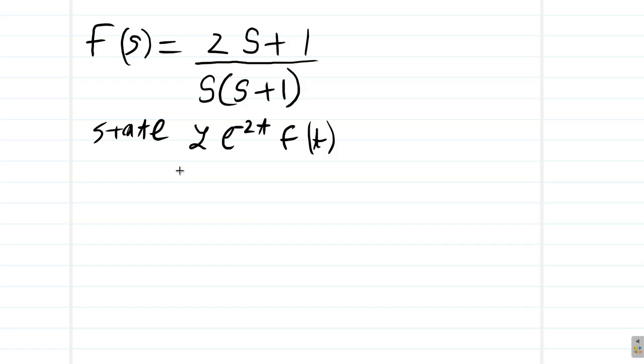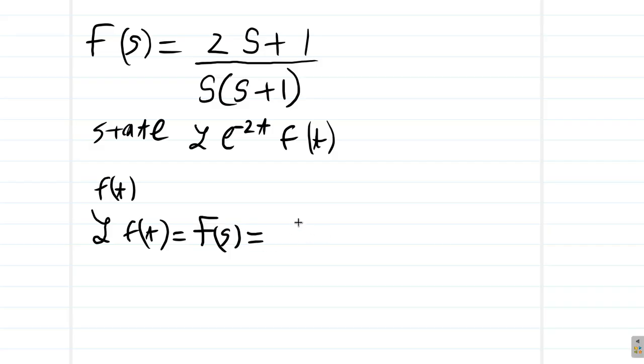Remember now, you would have had an f(t) before. Then you find the Laplace transform of f(t), which is what we call F(s). We have f(t), where f and t are both lowercase. F(s), where F and s are uppercase. And that happens to be (2s + 1) divided by (s